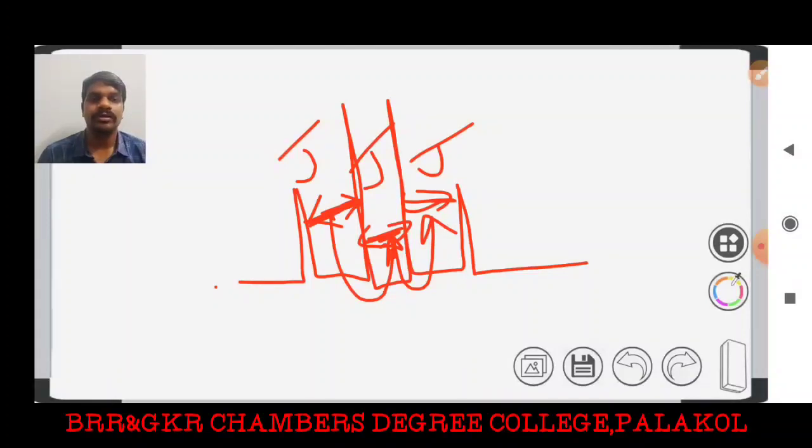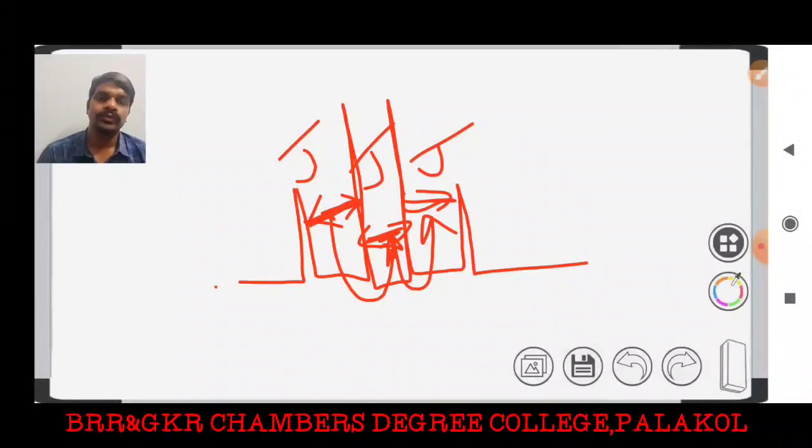By using these coupling constants, sometimes we have to determine whether an alkene is cis or trans in nature. And by using these coupling constant values, we can also determine whether a benzene ring is ortho disubstituted, meta disubstituted or para disubstituted. You can determine the substitutions present on the benzene ring based on these coupling constant values. So the coupling constant concept is very, very important, students.